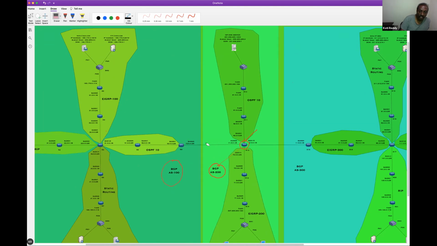So first of all, I enable the BGP protocol process on the router and then inform about the neighbor, right? How do I give the command on R9? Router BGP 100. You belong to which AS? AS 100. So router BGP 100. Your neighbor is 11.0.0.1. Sorry, there is some mistake here. So first of all, let us correct the IP addressing scheme first. Then we go. Just a minute.